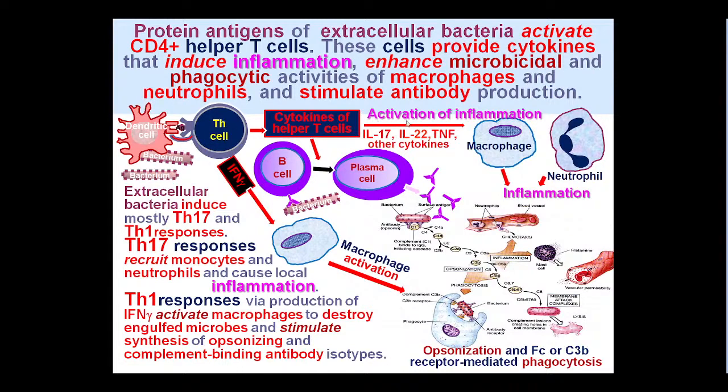But in the figure, in the upper line of events, you see the dendritic cell presents antigen to the helper cell. This T helper cell is matured to the T helper 17. This mature T helper 17 releases cytokines such as interleukin 17, interleukin 22, tumor necrosis factor, and some others. These T helper 17 dependent cytokines cause neutrophil inflammation. It means these Th17 cytokines